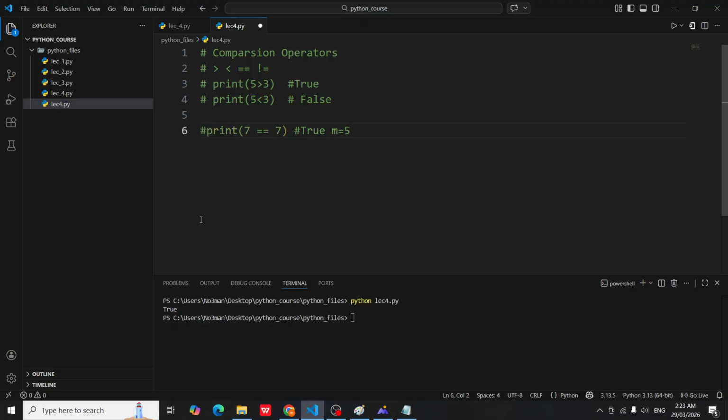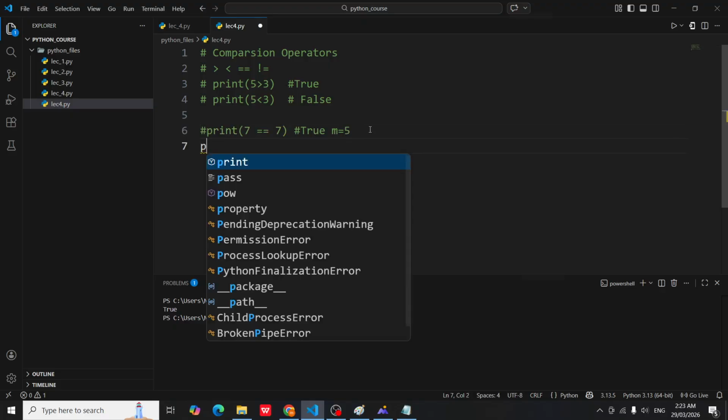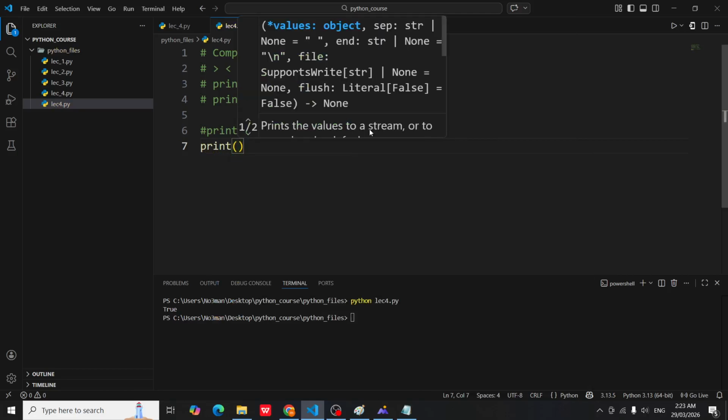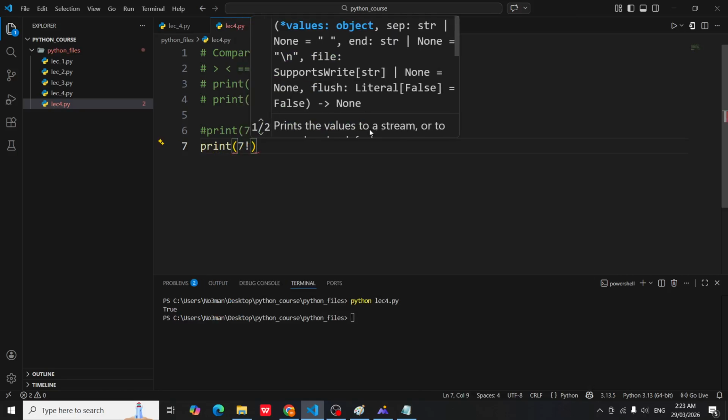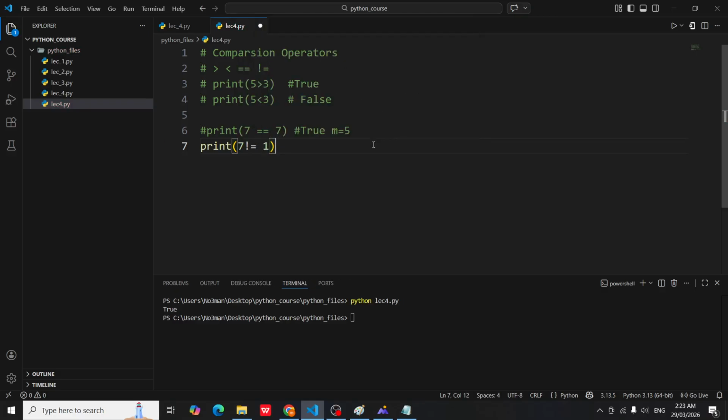Let's check non-equality. Print 7 not equal 1. That should give us false. Save, run. Sorry, 7 is not equal to 1, so it should give us true, not false. Sorry for that. Okay, let's comment this and move to